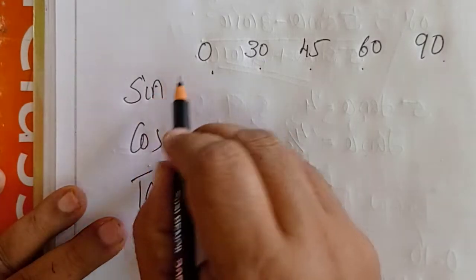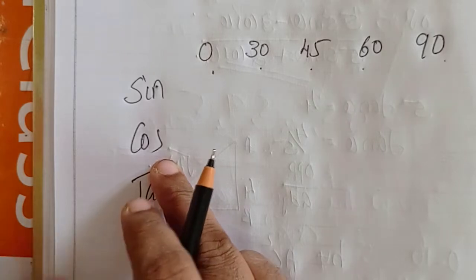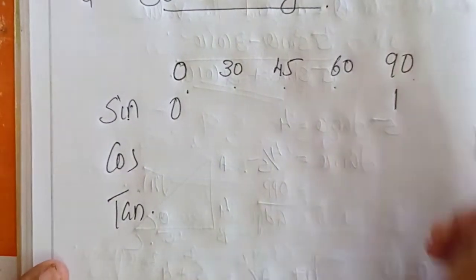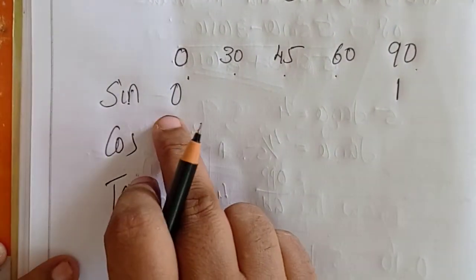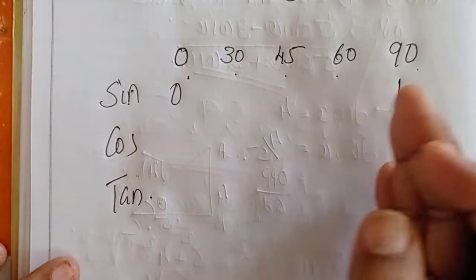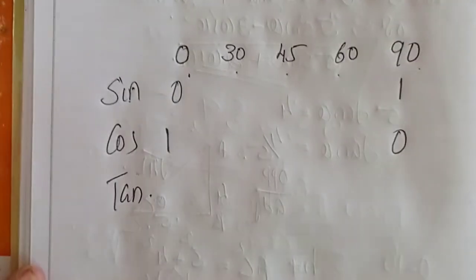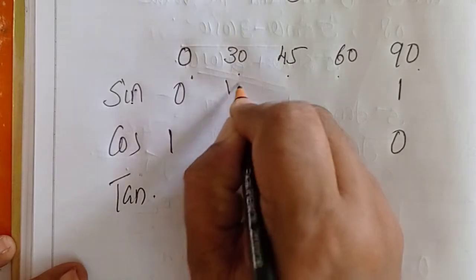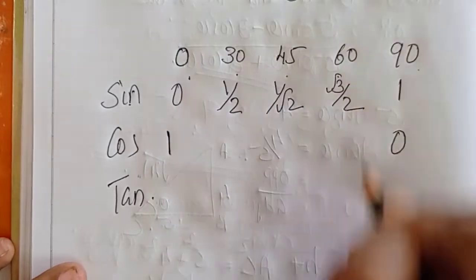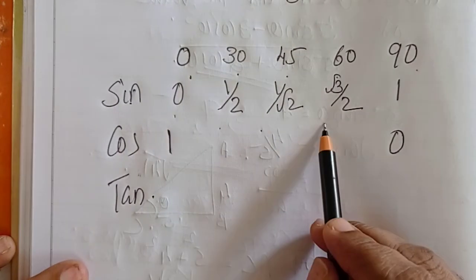Therefore, sine, we want to find the angle of measurement of this sine. Look here. Sine is an increasing function, therefore the value ranges from 0 to 1. And cos is a decreasing function or the reverse of sine, therefore 1 to 0. Already you studied 4 values. Sine 30. 30 minutes means half an hour, that is half, 1 by 2. 1 by root 2 and root 3 by 2. All of you agree? 0, 1 by 2, 1 by root 2, root 3 by 2, 1.